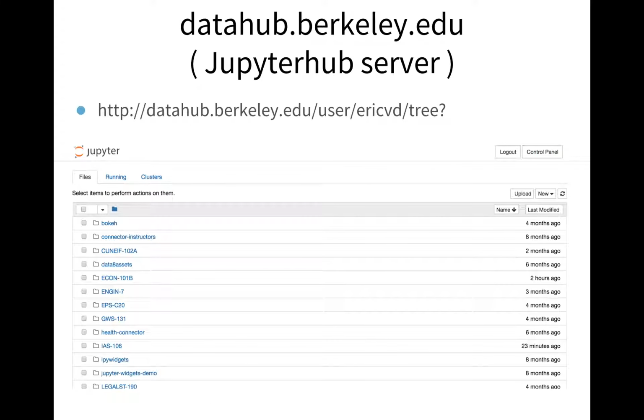Then there's this server at UC Berkeley, and this is a little confusing. There's Jupyter, the way that you can make a notebook, and then there's something called a JupyterHub that's built at UC Berkeley to serve Jupyter notebooks to researchers and students, mostly students. It's datahub.berkeley.edu. It has its own file server. You all get your own copies of the Jupyter notebooks, and they live on this file server that you log into. We will get there, we will work on it, and we will look at this in a little bit.